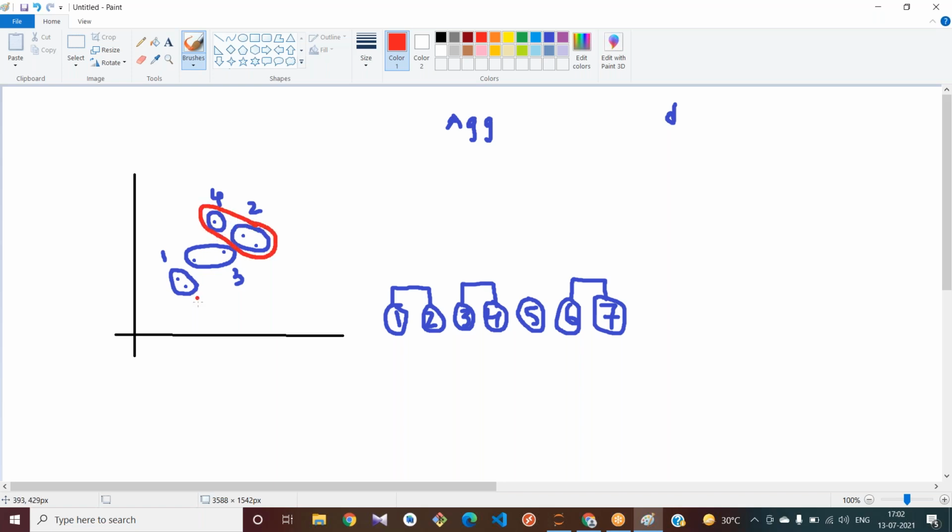Now how many clusters do I have? This is the first, and the second, and this is the third. Okay, we have 3 clusters. This is one cluster, and in the second level these got merged into this cluster.